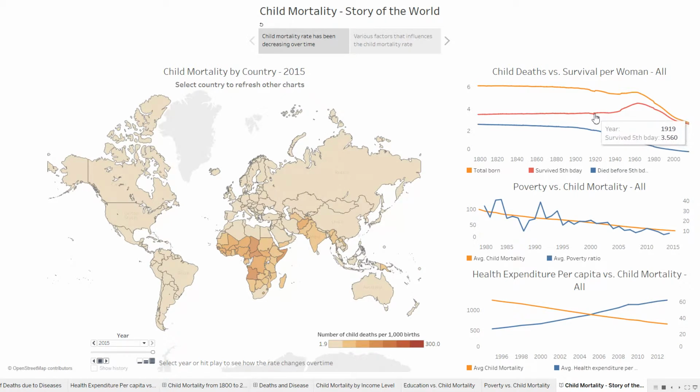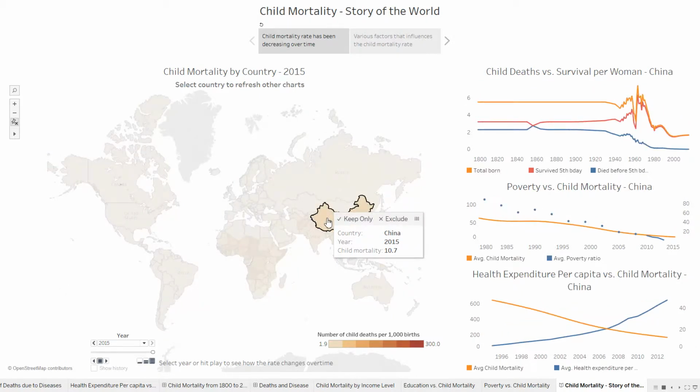You can see that the number of children who actually lived past 5 years started increasing, and this increased the population growth all over the world. But again, after the 70s, people understood that, and I guess the overall birth rate also reduced, and now it is getting stable at 2.7 births per woman. We can visualize it for every country. For example, for China, the pattern is a little bit different,